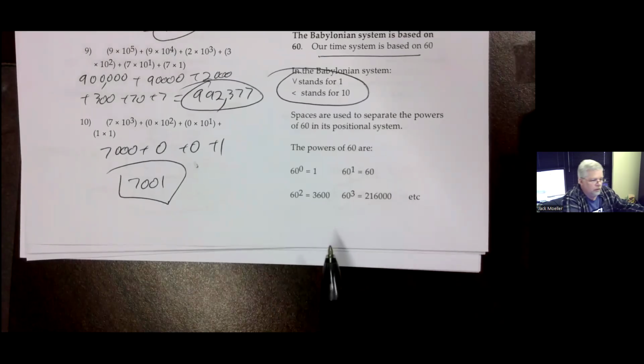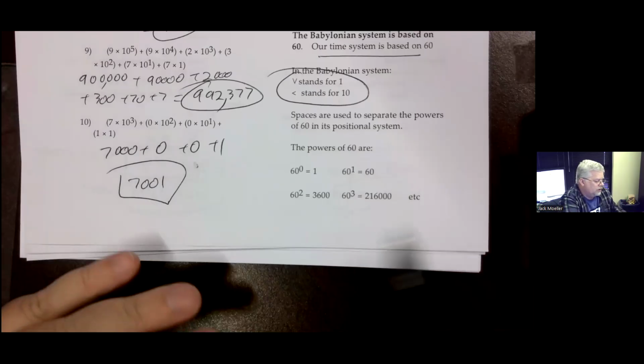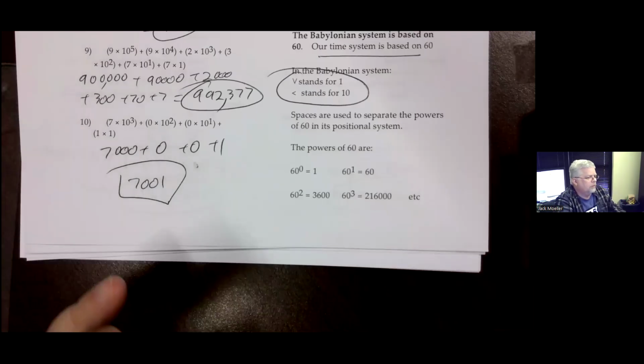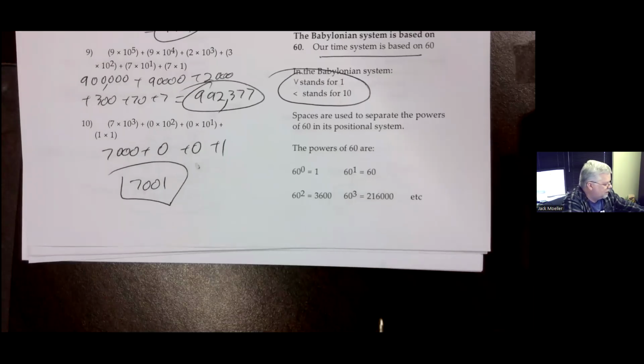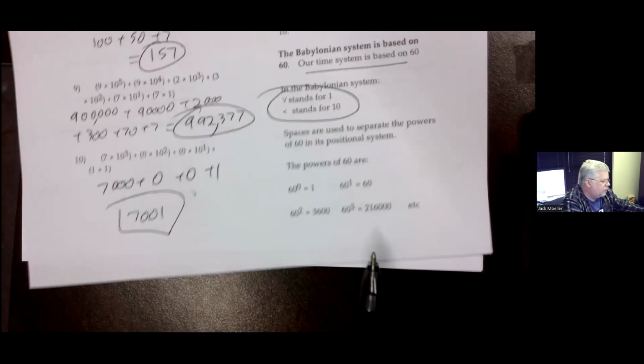And so on. For our 10,000s, which would be 10 to the fourth, their equivalent would be 60 to the fourth. And so you can see their numbers go really big, really quick when you start talking about powers of 10. They probably didn't really need numbers that big, but that will come more into play, particularly when we get into